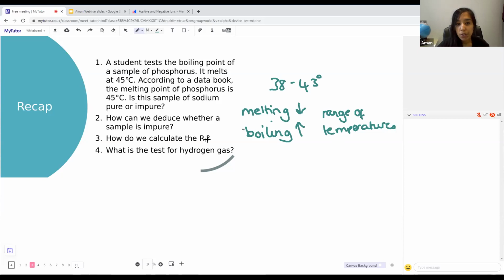Okay, so I've had one answer so far, so I'll just wait for a few more answers. How do we calculate the Rf? So remember chromatography, it's one of the only calculations that we do. Okay, great. So the answer is that it's the distance travelled by the blot divided by the distance travelled by